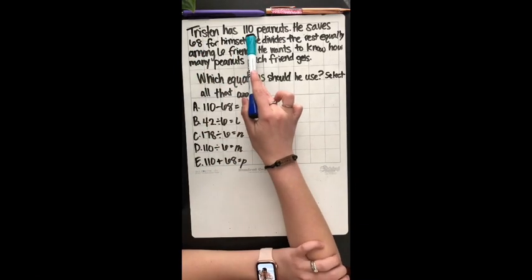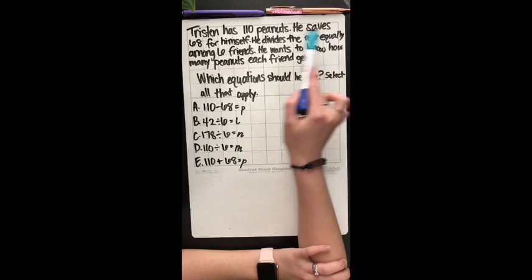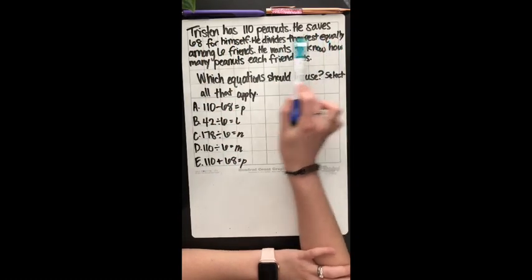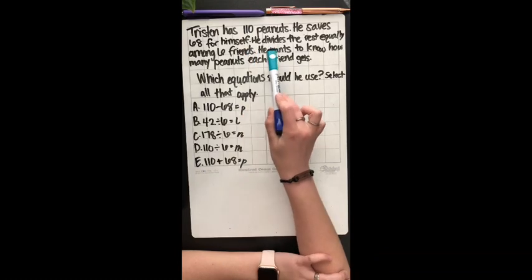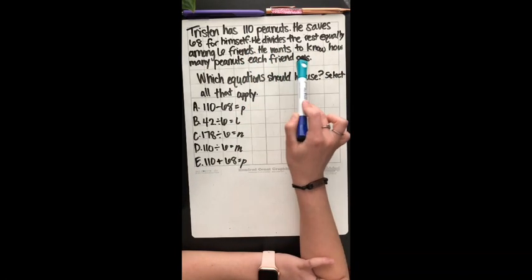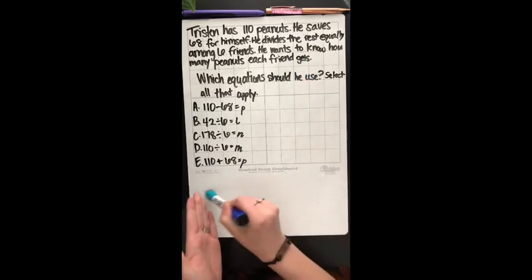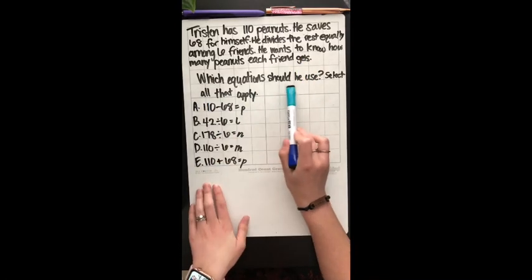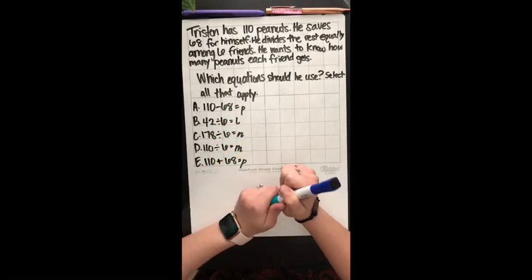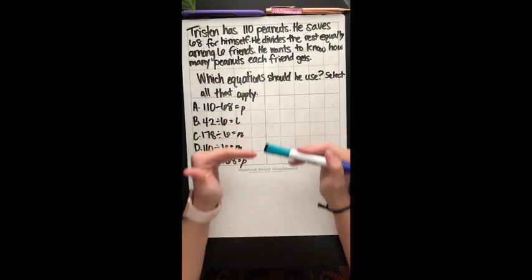Tristan has 110 peanuts. He saves 68 for himself. He divides the rest equally among 6 friends. He wants to know how many peanuts each friend gets. Now this problem says which equation should he use? Select all that apply. So first of all, let's follow the steps that we always do